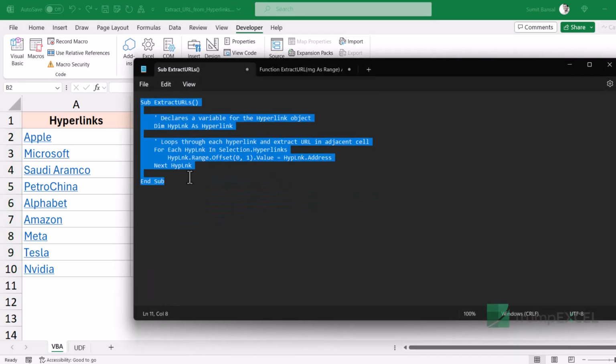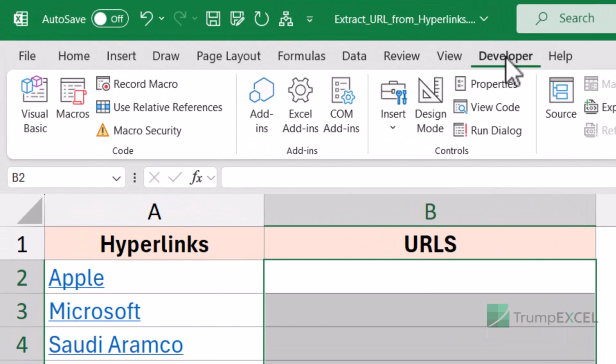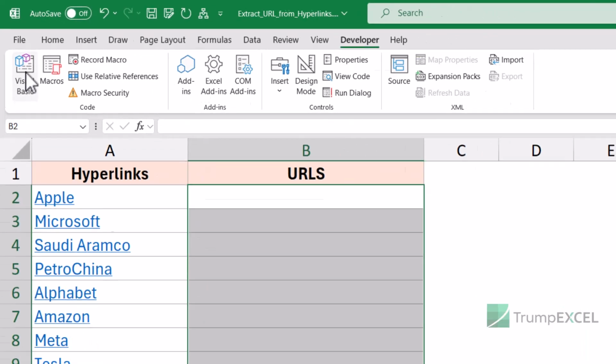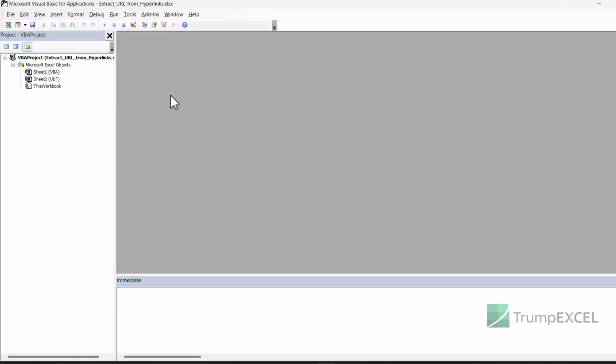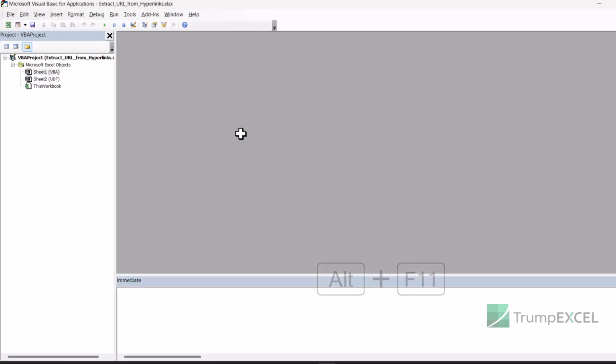So I have this VBA code here for the subroutine, and I will have this VBA code in the description so you can copy and use it. Now I'm going to go to the developer tab here in the Excel ribbon and click on the Visual Basic icon. And when I do that, it opens the Visual Basic editor, something as you see on the screen. You can also use the keyboard shortcut Alt F11. So you hold the Alt key and press the F11 key, and that is also going to open the same